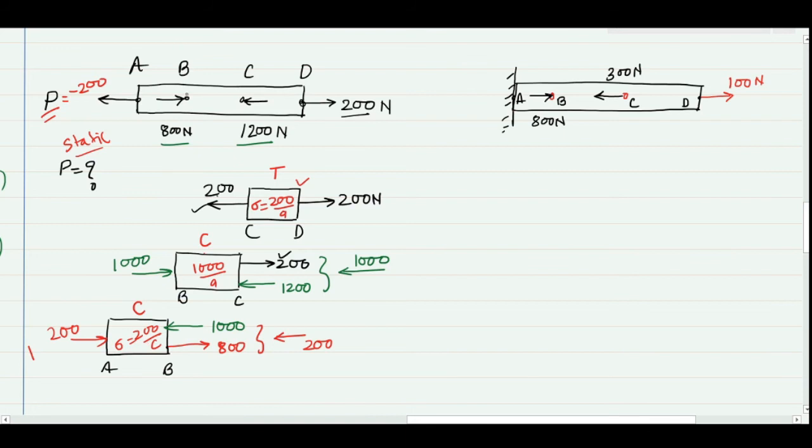So actually what will happen here? The length of the AB and BC sections will reduce. However, the length of the CD section will increase. This kind of problem we will do in our next class. So let's quickly do the last problem so that the concept will become more clear to you. Here I am going to just make the free body diagram, not more than that. If you are interested, you can solve this problem numerically.